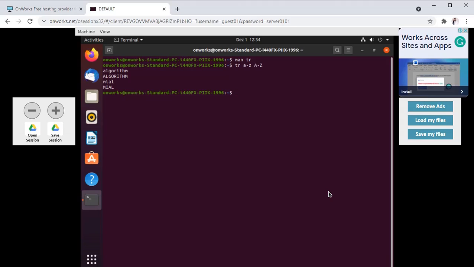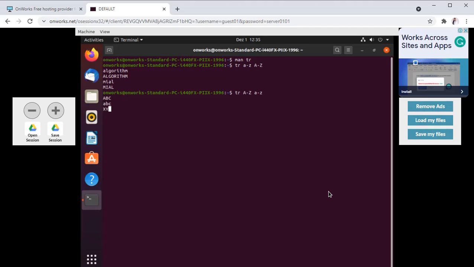Okay, now if you want to convert the word from uppercase to lowercase, so use tr, capital A to Z, space small a to z, enter. If we write some word, suppose abc, it will convert it into lowercase.